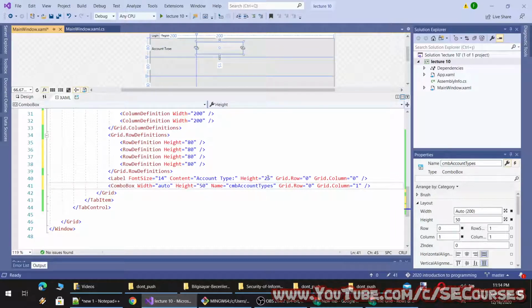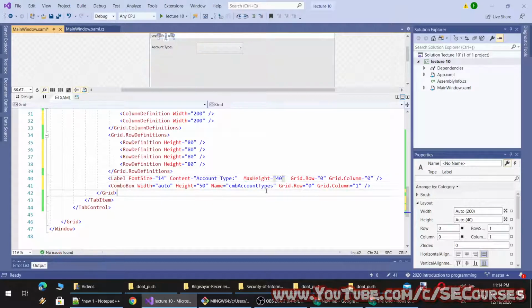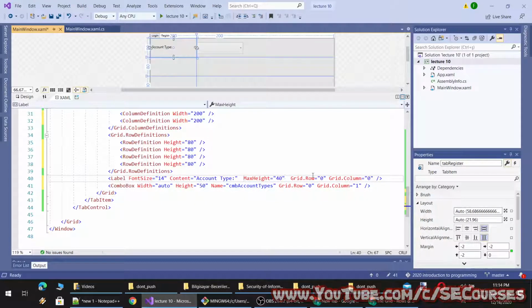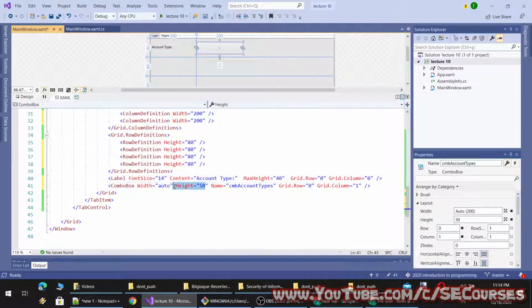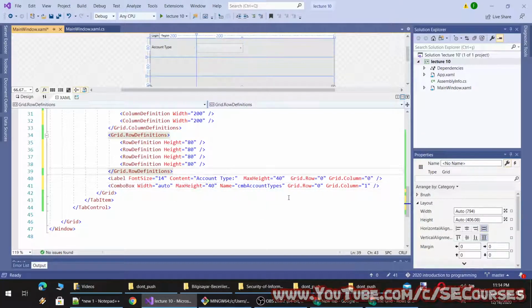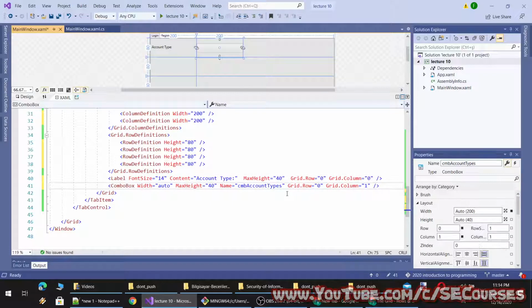And by the way, I have to increase the height. I will make the max height equal to 40 pixel. And let's make this max height equal to 40 pixel. Okay, and everything looks good.